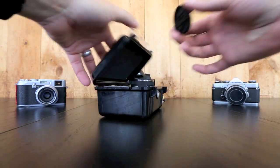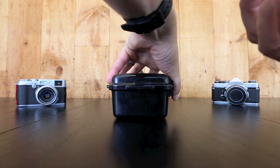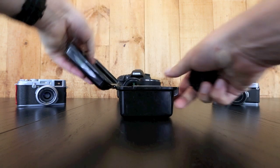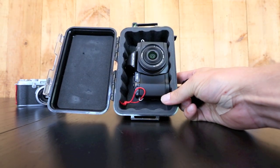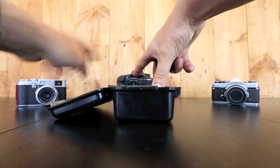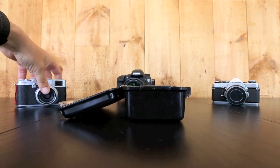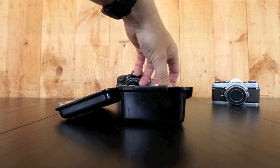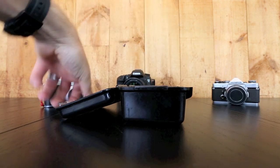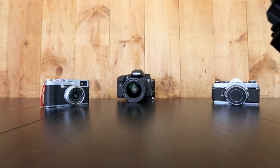Take the lens cap off, which I wouldn't really do, and it will close just. But then you look at it, there's no room for an iPhone, there's just enough room for a car key. And just for reference sake, the X100 drops right in. And there's even room for an iPhone with the X100 in there like that. So what I've done, set that box aside,